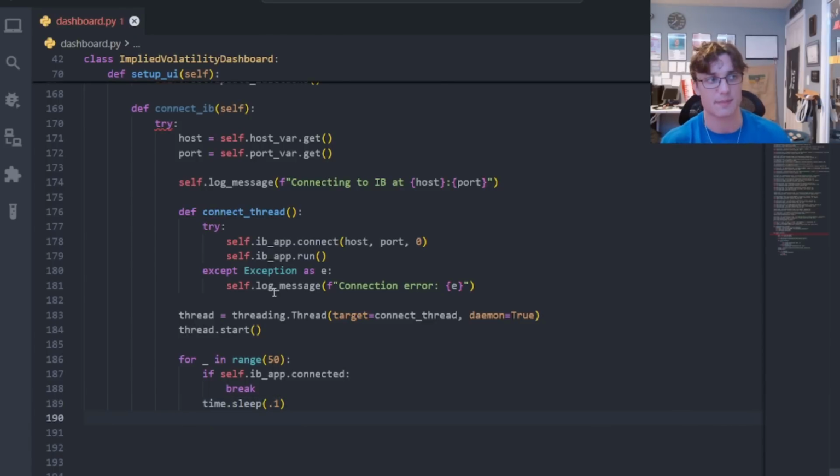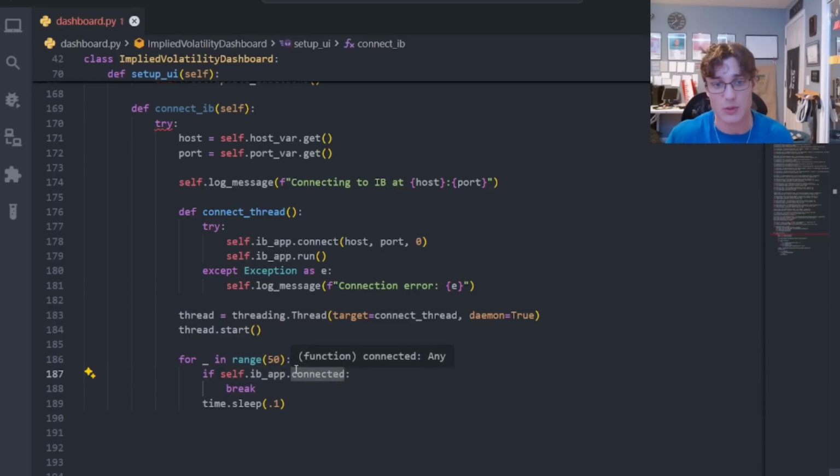So this is going to sleep 5 seconds. So we're going to wait up to 5 seconds for a connection to be successfully filled from the server, from our client. So we hit connect. It's going to try to connect at this host and port. If it connects successfully, then this flag will be true at some point throughout the 5 seconds. We'll break this loop and we can continue on. Okay, so